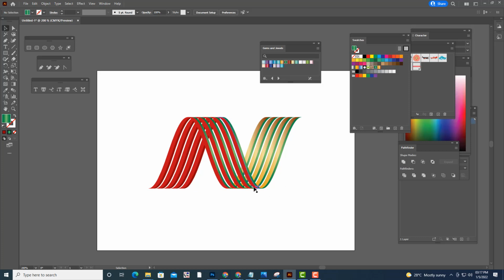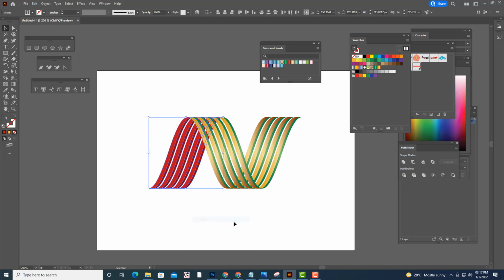And then we'll select this bottom part and click on this. Okay, something like this, right? So last and final, we'll finish it off by ungrouping this one.